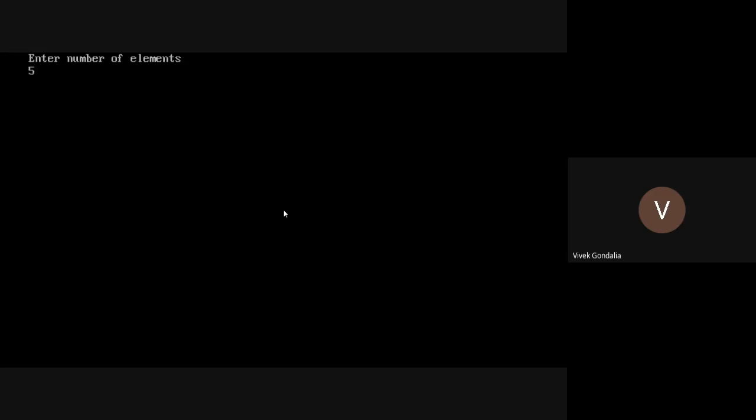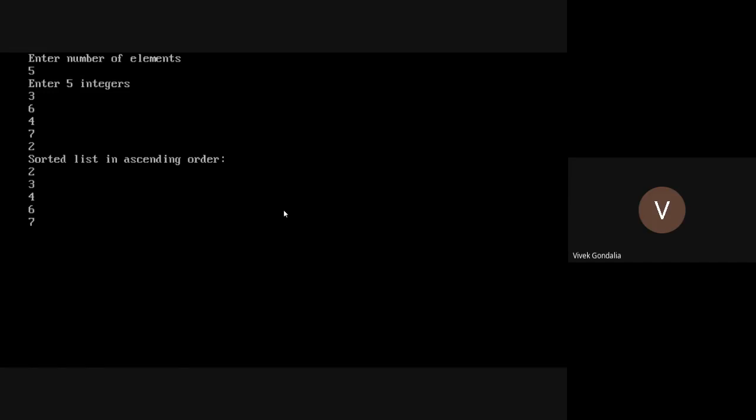Suppose I am entering 5 elements: 3, 6, 4, 7, and 2. I am writing these randomly, there is no logic behind it. Clear? And see, you get the sorting: 2, 3, 4, 6, 7.